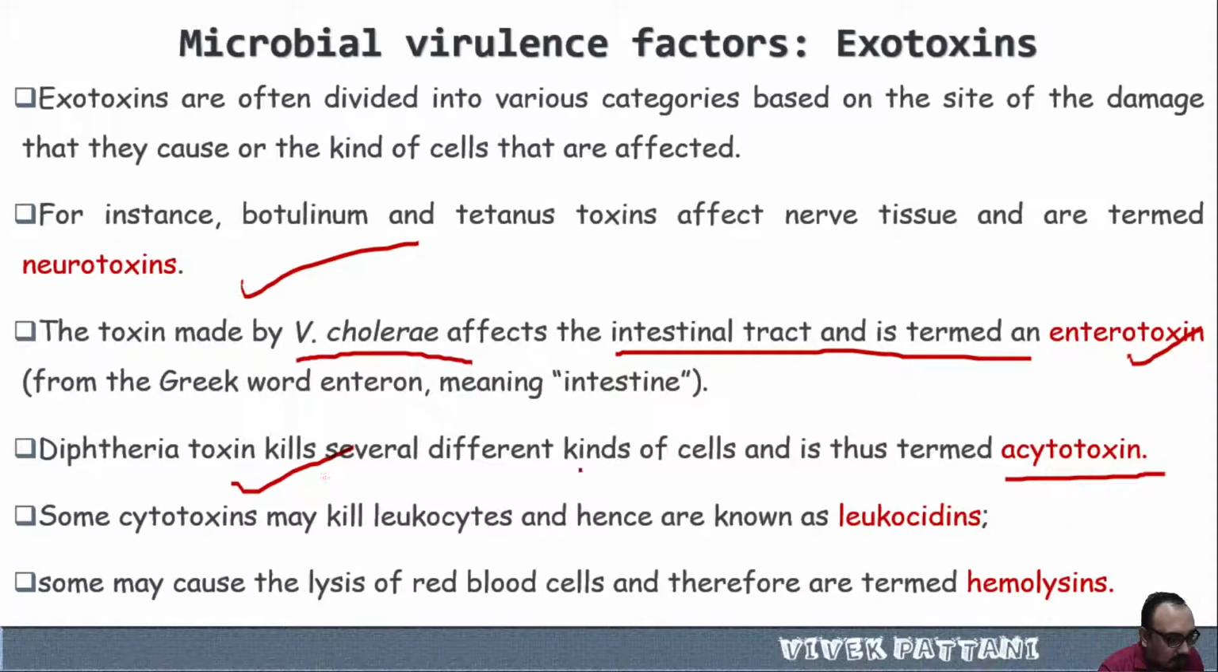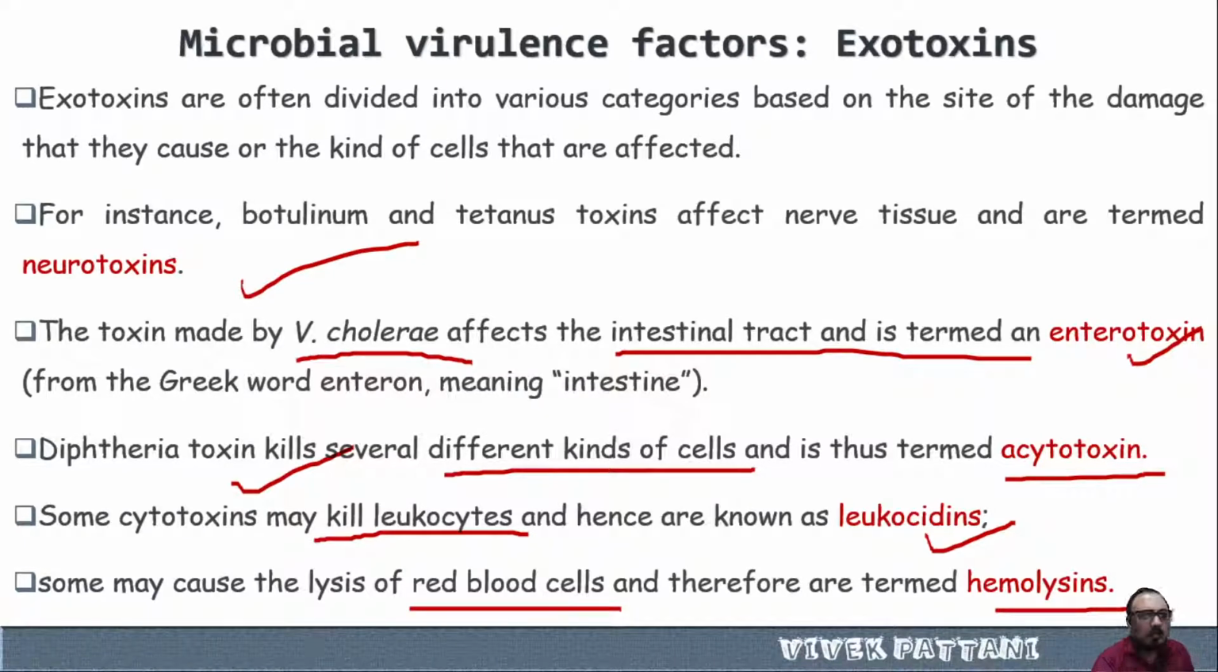The diphtheria toxin kills several different types of cell and thus it is termed a cytotoxin. Some cytotoxins have the ability to kill leukocytes, hence they are known as leukocidins. Some may cause lysis of the blood cells, so they are called hemolysins. So there are a number of different varieties of exotoxins, and their names are given